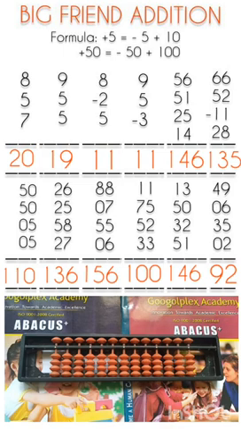Question number 6 we have used 2 formulas. They are plus 50 big friend formula and plus 8 big friend formula. In question number 7 we have used 2 formulas. They are plus 50 big friend formula, plus 5 big friend formula. Now coming to question number 8. In question number 8 we have used 4 formulas. First formula was plus 10 small friend formula. Second was plus 5 big friend formula. Third was plus 50 big friend formula. And fourth was plus 7 big friend formula.